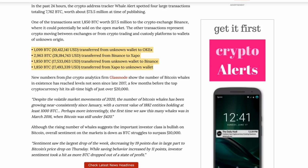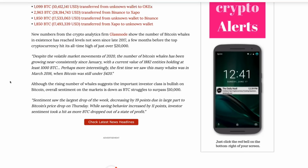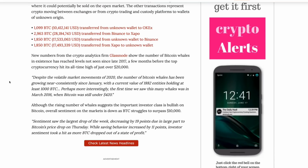So new numbers from crypto analytics firm Glassnode show the number of Bitcoin whales in existence has reached levels not seen since late 2017, a few months before the top cryptocurrency hit its all-time high of just over $20,000 per BTC. So here's a quote: "Despite the volatile market movements of 2020, the number of Bitcoin whales has been growing near consistently since January, with a current value of 1,882 entities holding at least 1,000 Bitcoin. Perhaps more interestingly, the first time we saw this many whales was back in March 2016 when Bitcoin was still